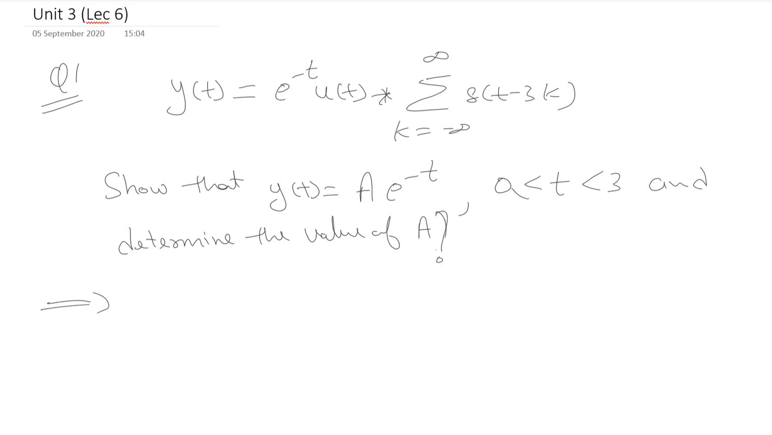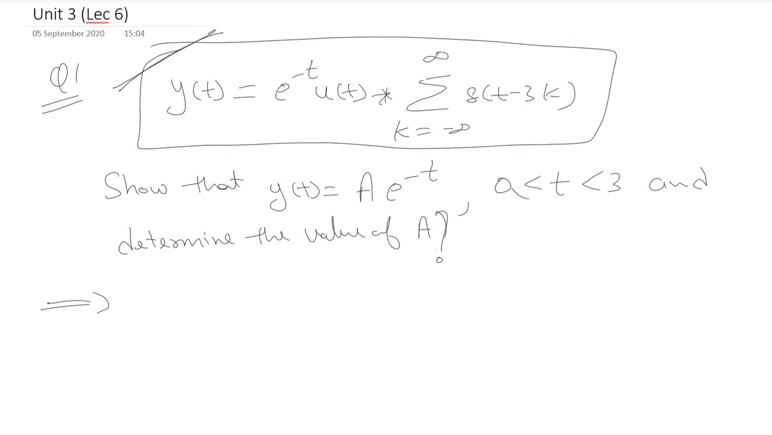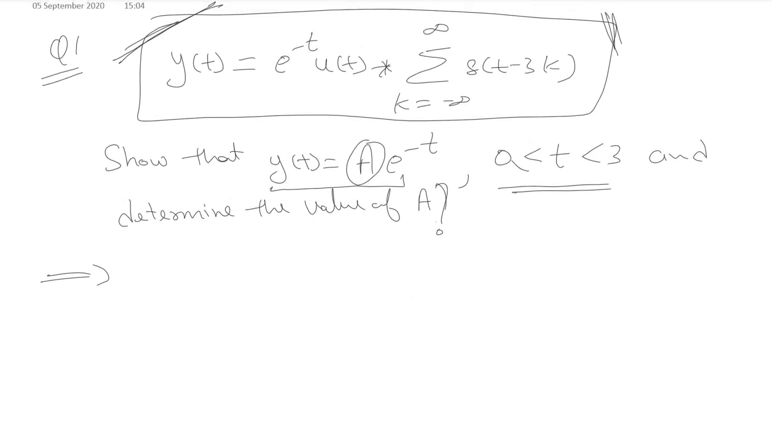If you look at the statement of the question, we are given a signal. We need to manipulate this mathematical expression of the signal y(t) such that we make it equivalent to this simplified form, a into e raised to the minus t, and next we find the value of a. The condition given is that the range of t should be from 0 to 3. So we need to just manipulate this mathematical expression. That is what we have to do in this question. So let us try to simplify it now. y(t) is equal to e raised to the minus t